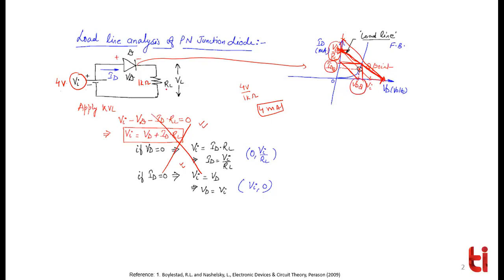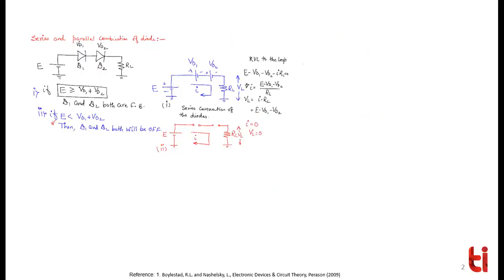The Q is being used because on whatever point this diode is biased, that point is known as the Q point. We call that point the Q point. That's why we are applying the subscript Q over here, VDQ and IDQ. There may be many VD and many ID, but on what point it is biased, that is known as VDQ and IDQ. Okay, moving ahead.